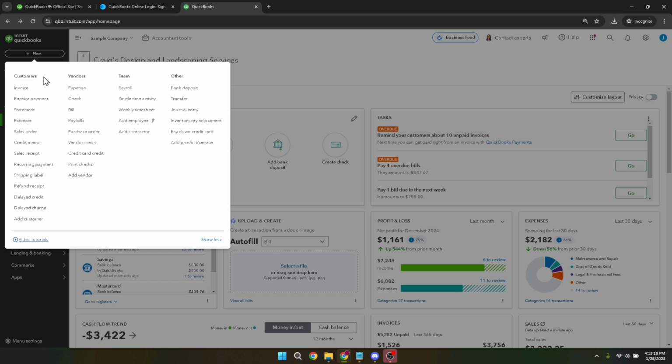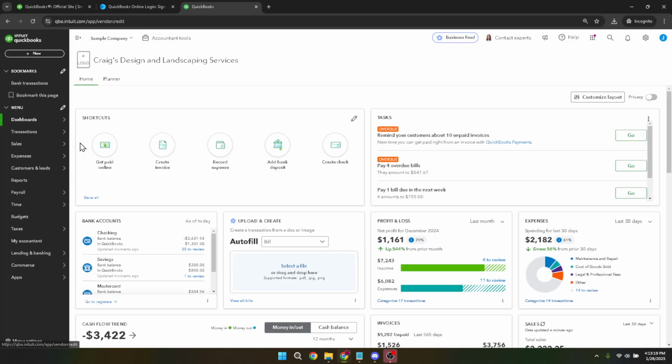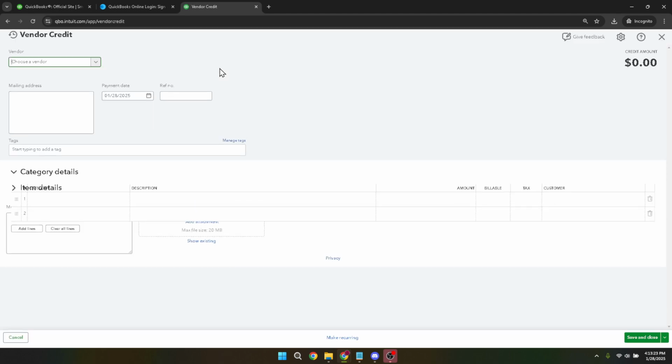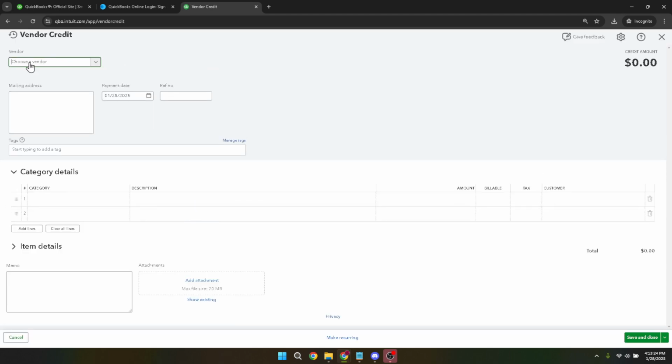This tells QuickBooks you want to record a credit to your vendor account, a useful action for returns, refunds, or any vendor billed corrections. Following this, add the vendor by filling out the vendor field. Double check for accuracy, since this ensures the credit is associated with the right party. If your vendor list is lengthy, utilize the search bar for efficient navigation.